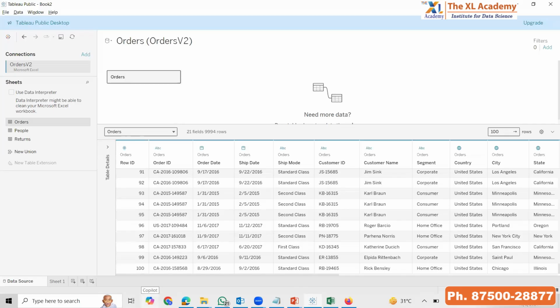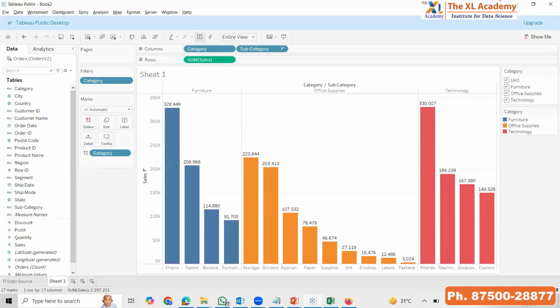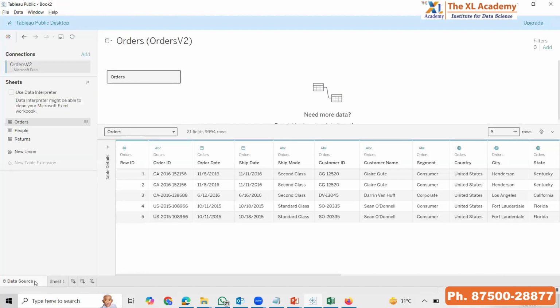सो टैब्ल्यू में आप यहाँ पे 100 दिख रहे हो, 1000, 10,000, या अगर मुझे कुछ स्पेसिफिक देखना है, मेरे को सिर्फ 5 देखने हैं, तो आई कैन टाइप इन ओवर हियर एंड प्रेस एंटर। आई एम गेटिंग ओनली 5 रिकॉर्ड्स। बट आपका जो विजुअलाइजेशन है, it will always be based on all 10,000 records। इसीलिए हमेशा याद रखना, टैब्लू में कभी भी हम इंपोर्ट वर्ड यूज नहीं करते हैं। कई लोग बोलते हैं कि हम डेटा टैब्लू में इंपोर्ट करते हैं, नहीं, वो गलत है, एकदम गलत। हम टैब्लू में डेटा से कनेक्ट करते हैं। तो आपके पास यहाँ पे दिखने के लिए कितने भी रिकॉर्ड्स दिखें, मगर आपका विजुअल हमेशा सारे डेटा को कंसीडर करेगा।